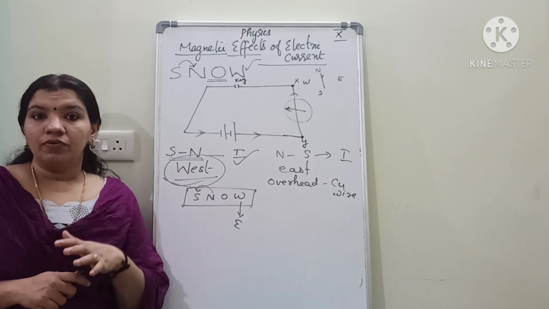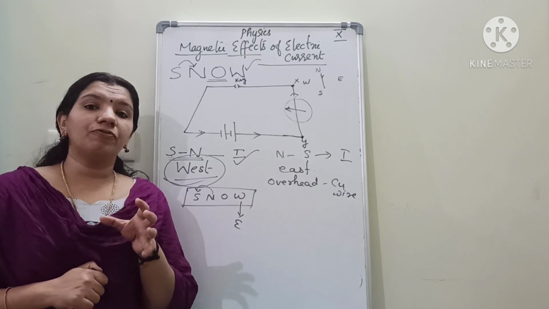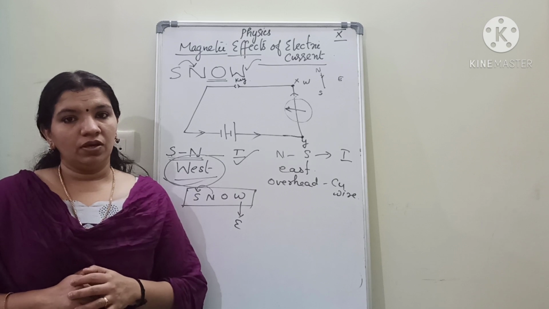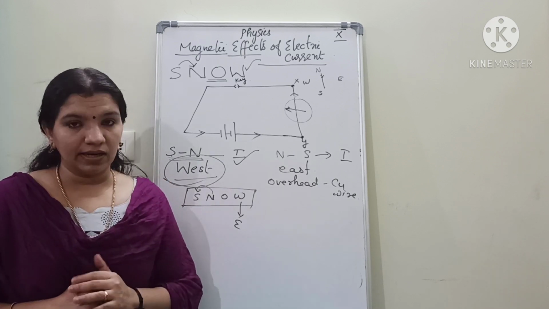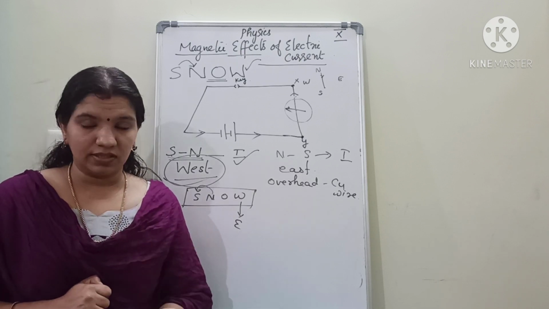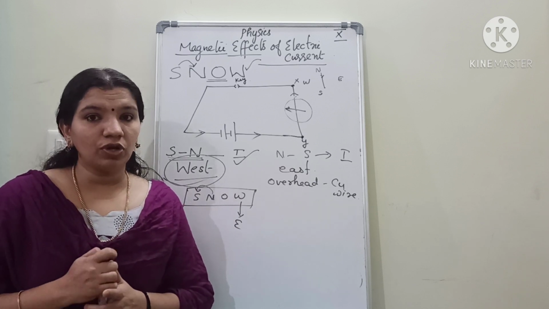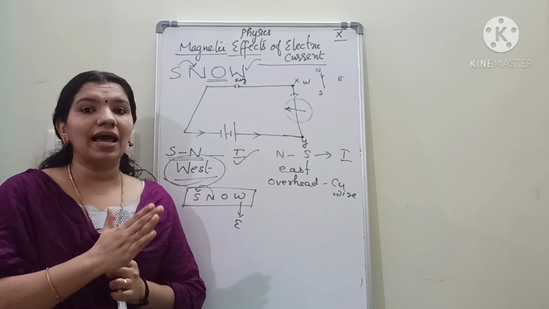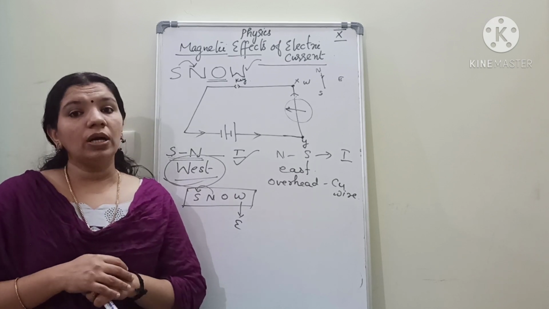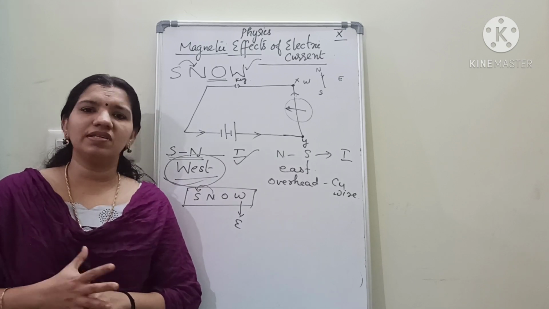Okay. Now we will move to another activity which explains the magnetic field around a straight current carrying conductor. If you are using a straight current carrying conductor, surely there will be magnetic field developed around it, isn't it? And we have to plot the field lines. We have to understand how the field lines are formed around the straight conductor. That is what we are going to discuss with the help of another activity. It is also very important and it's very simple too.